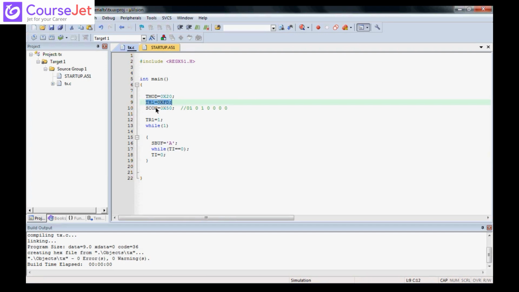So here you see the TMOD value loaded, TH1 value, SCON value, as we said, 0x50. Then start your timer. Wait till